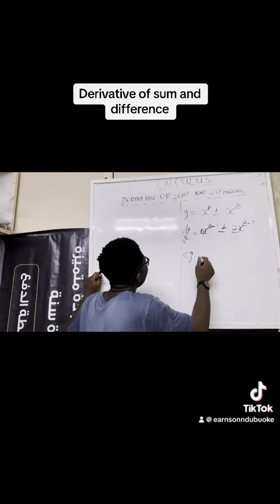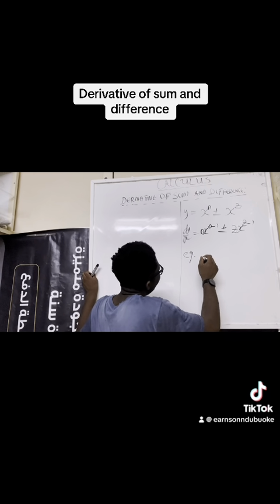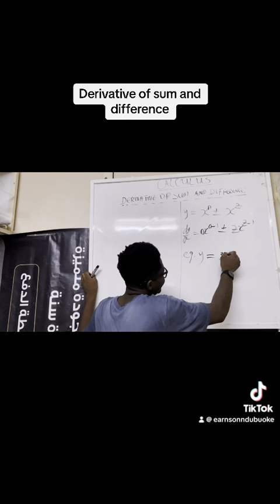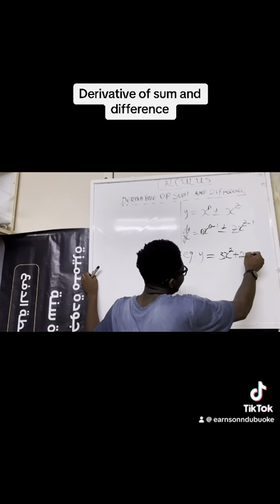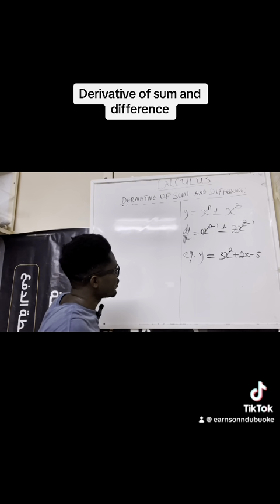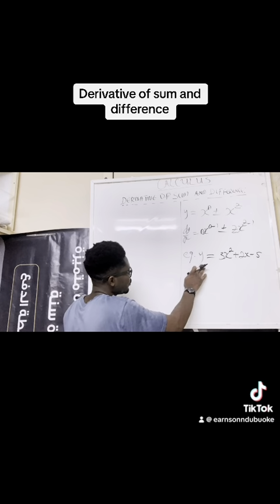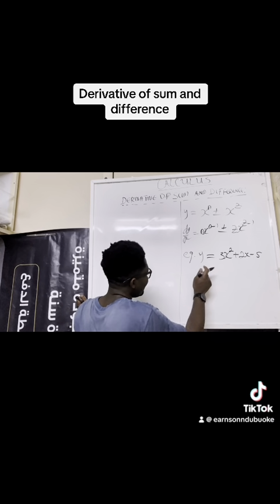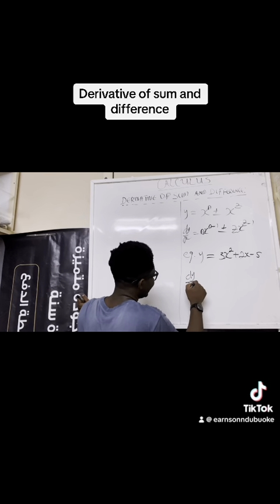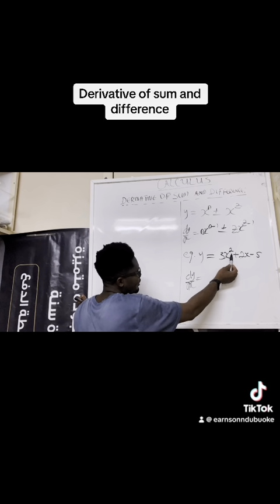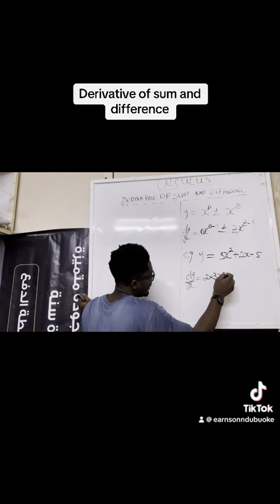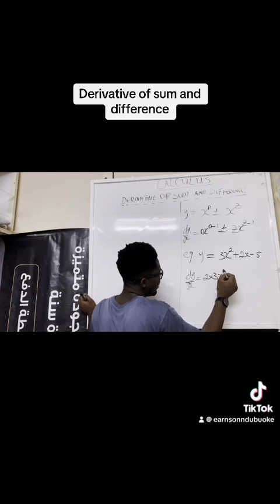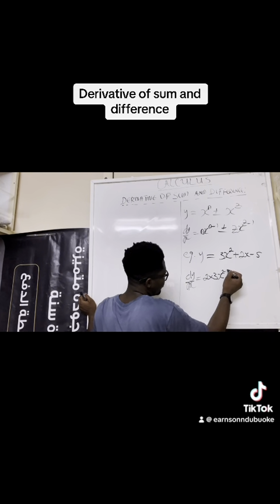Now let's take another example of this sum and difference. You may be asked to find y equals 3x squared plus 2x minus 5. You are asked to differentiate this. Since you are differentiating y with respect to x, how are you going to do this? You say dy/dx of this is: take the power of x, which is 2, multiply it by 3, which is 2 times 3x. Now the power of x, reduce it by 1, which is x raised to the power of 2 minus 1,